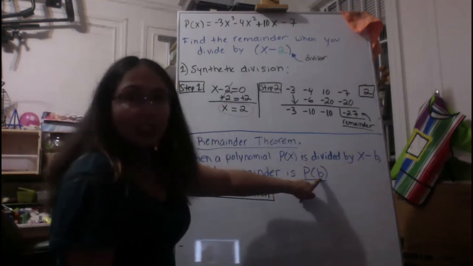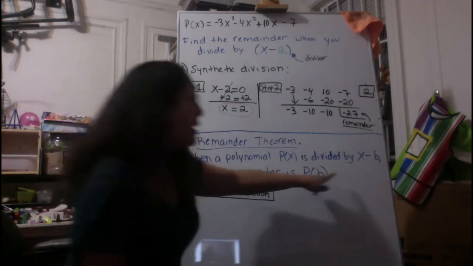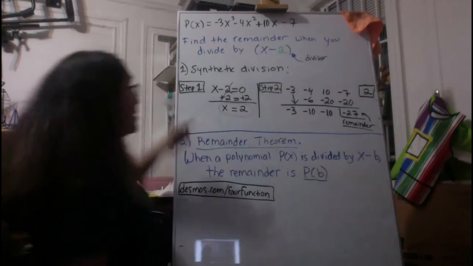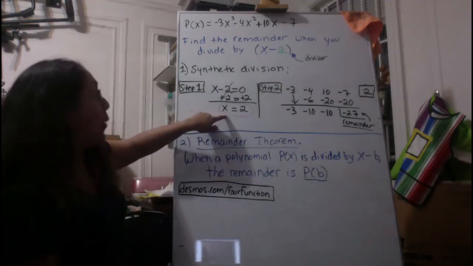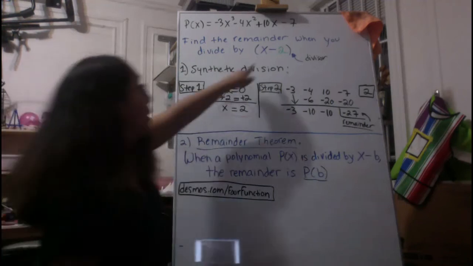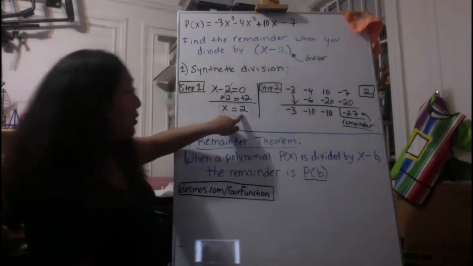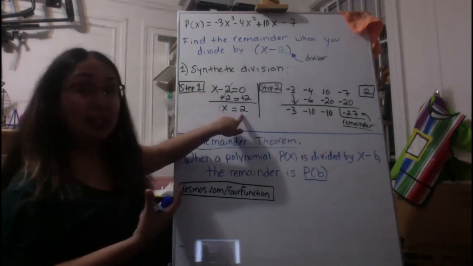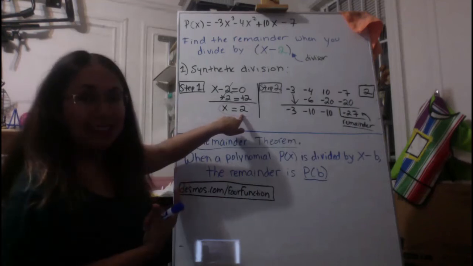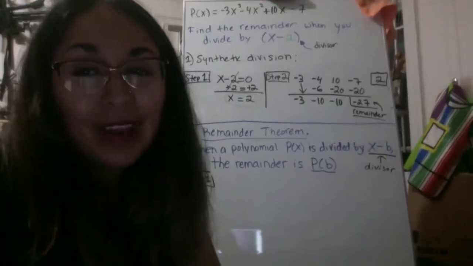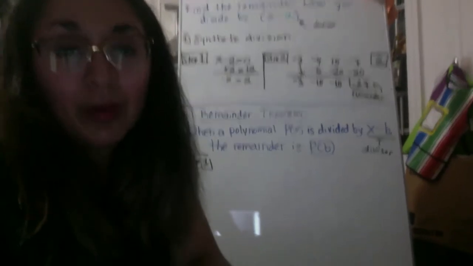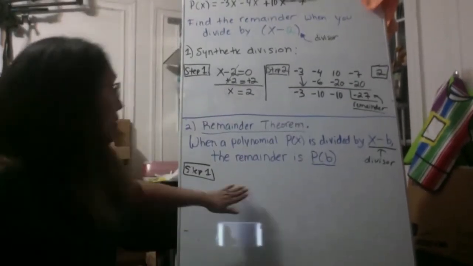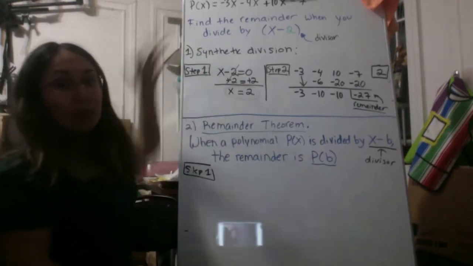Notice the relationship here between just b and here minus b for the divisor. It's the same relationship you saw when we did the synthetic division. You have the minus 2, and when you set it equal to 0, because you're using the opposite operation, that causes the sign to change. Okay, so now we're going to apply the remainder theorem to the exact same problem we did